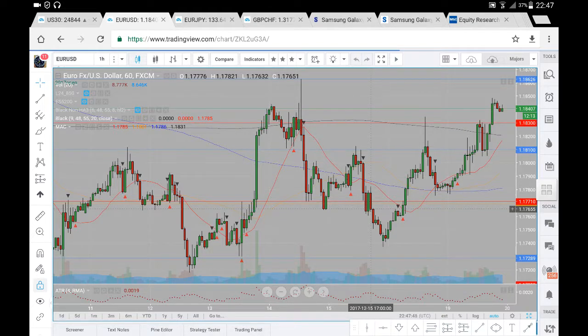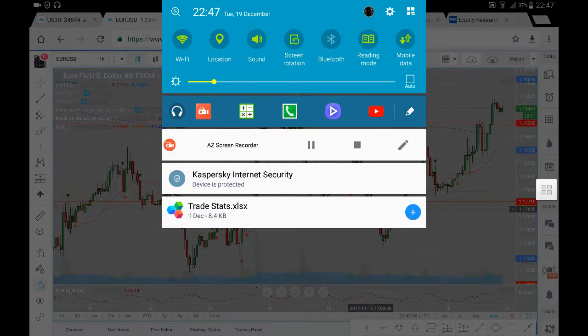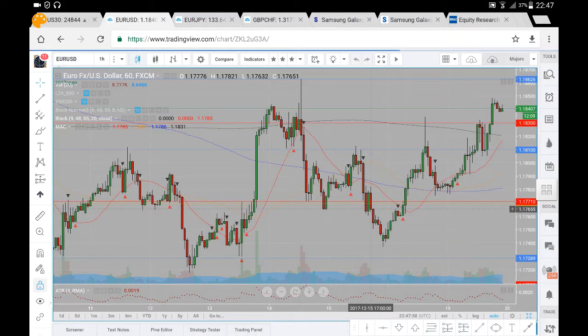So this is the euro dollar analysis for Wednesday the 20th of December. Now let's have a look at what happened with prices and where they might likely go. So we initially had an inverted head and shoulders, and we were looking to hold the 200 period moving average,